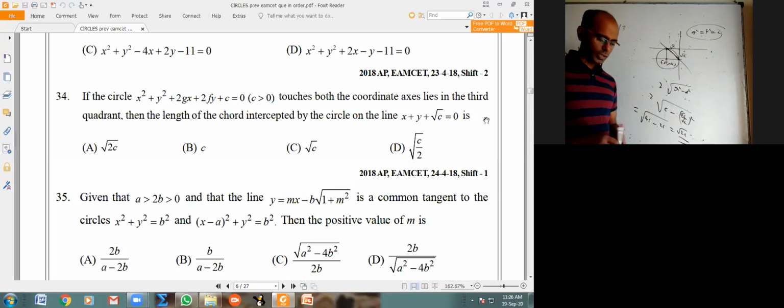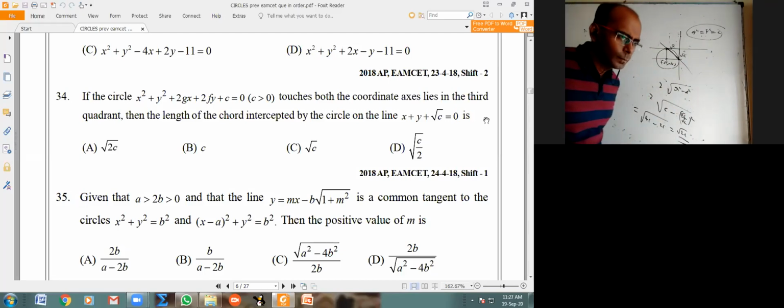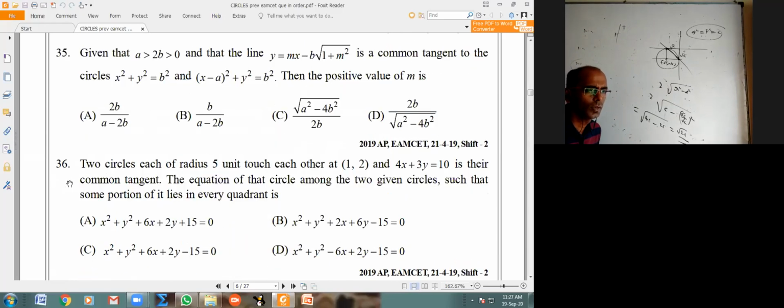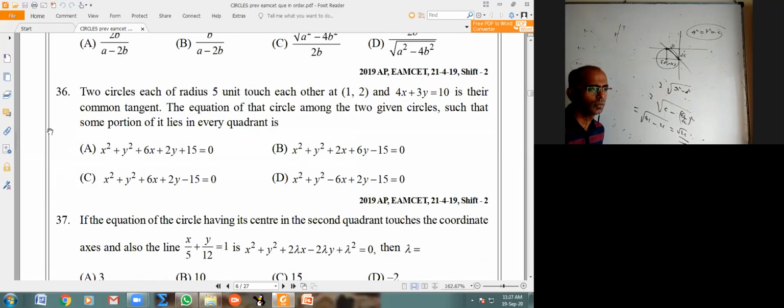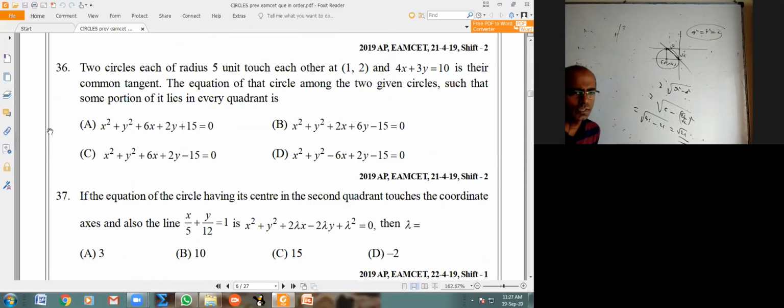Is it okay? 34 now? Nayan, is it okay? Yes, sir. Okay. Because this is a particular line, I'm doing it from the figure. Let them give any other line, I would have done it by the 2 root r square minus d square formula. Okay, 35. Anybody any doubt? No doubt. The given line is anyway tangent to the first circle. For it to be tangent to the second circle, you can apply perpendicular from center equal to radius, or you can take a general tangent and compare. 36. You can see on the screen. Anybody any doubt?